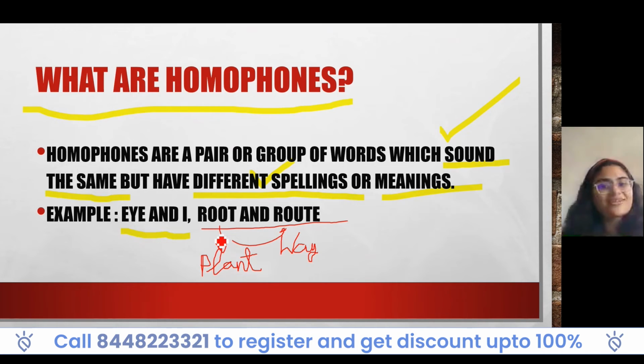You are intelligent children, therefore, it is very important to know which spelling and which meaning should be kept together, right? So it is very important that you study them carefully. So root and route are the two examples that I give you. Eye, sense organ; I, self; root, plant root; route, direction to reach a destination or way,